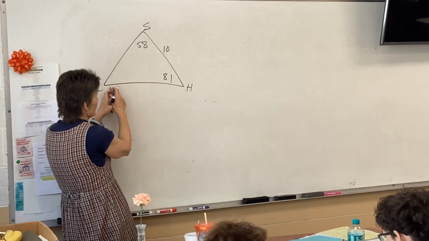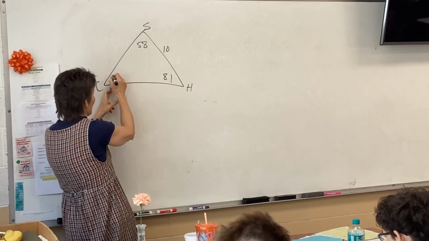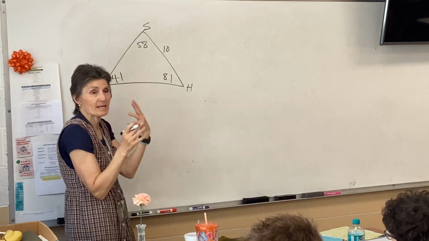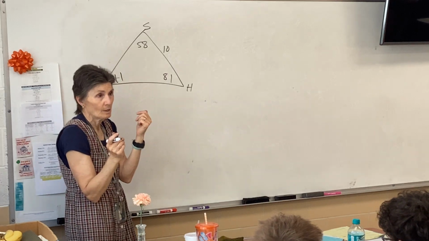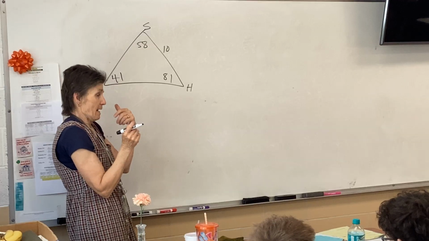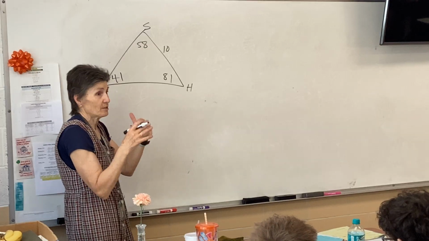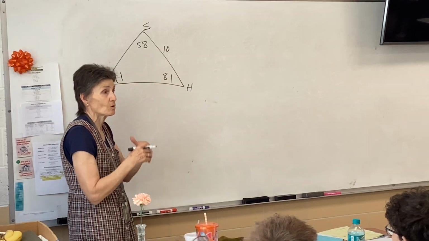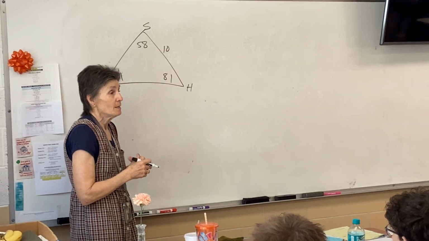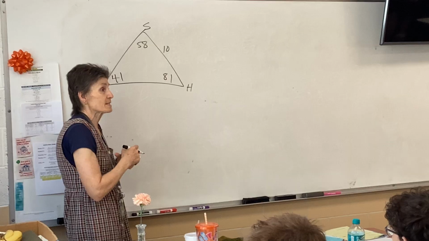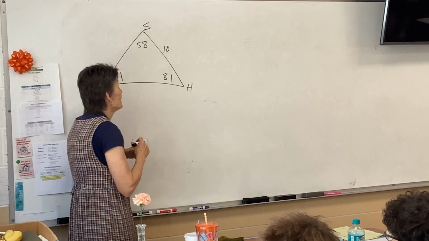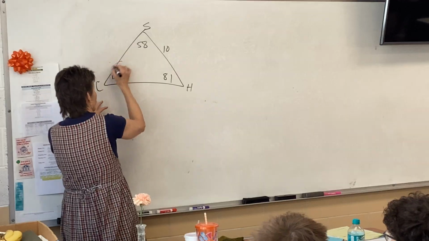What's angle C? 41. I didn't check, is that right? Yeah. Alright, so we got that, because the angles of a triangle add up to 180. Now, this is not a SOHCAHTOA situation, because we don't have a right angle, so there's no hypotenuse. This is a law of sines situation, okay? Law of sines. And the way the law of sines works,